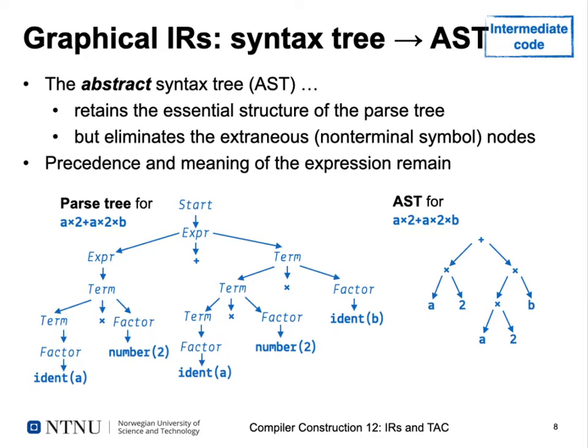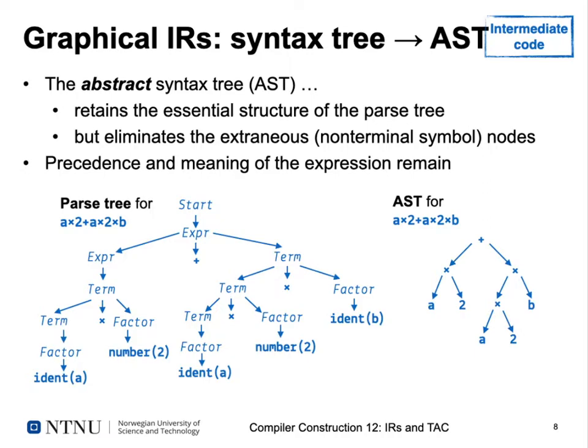So when we try to get rid of all this extra information, we can reduce our parse tree on the left-hand side here to the simple AST. So you see we only have sources of data like a variable here or constants here. We have operations, and we have indications of which operands should actually contribute to which operation, to which result, and finally what is the top result of our expression here. So the abstract syntax tree retains the essential structure of our parse tree, but eliminates all the extraneous